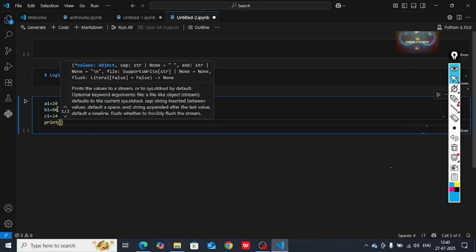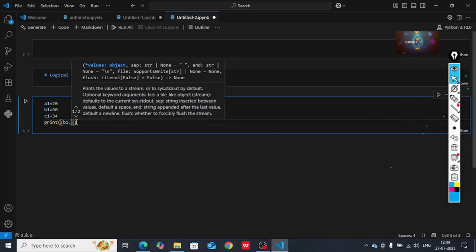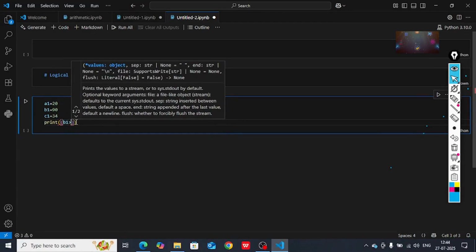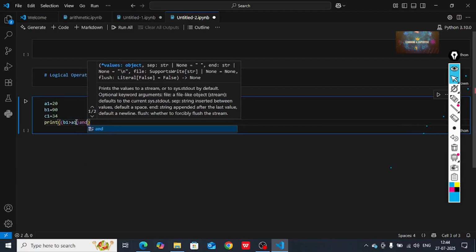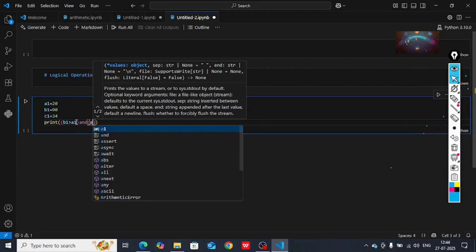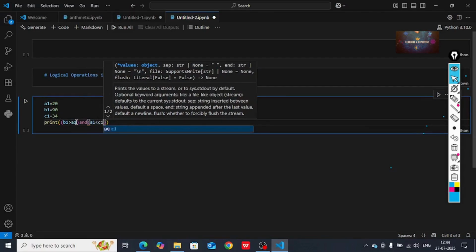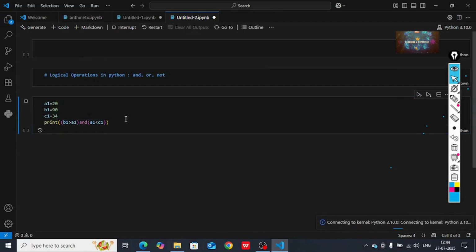It means if b1 is greater than a1, that is one condition, and a1 is less than c1, in this case it will give me the output as true,